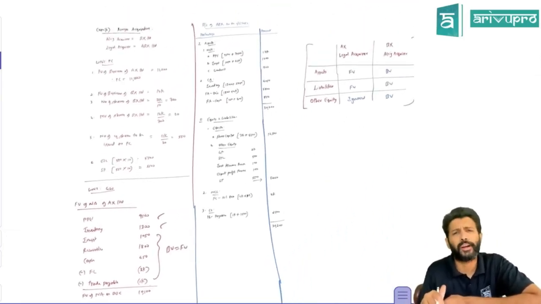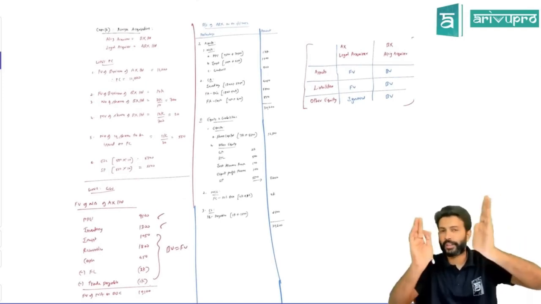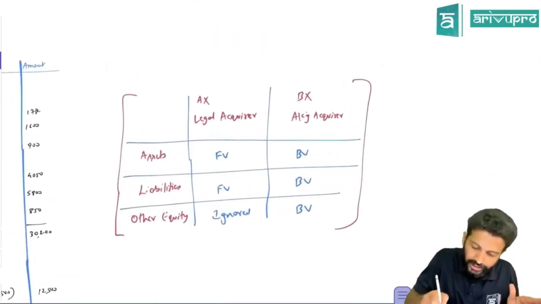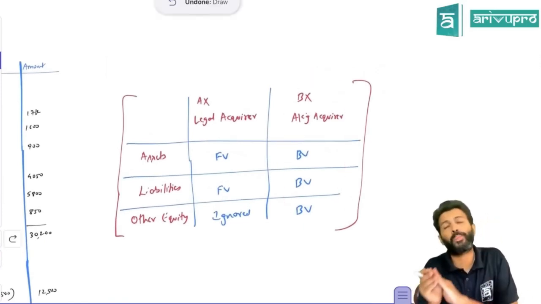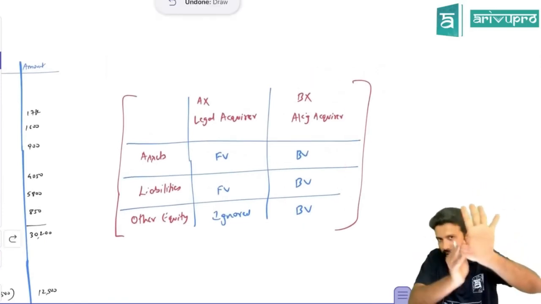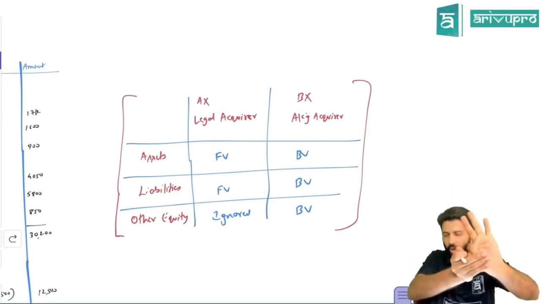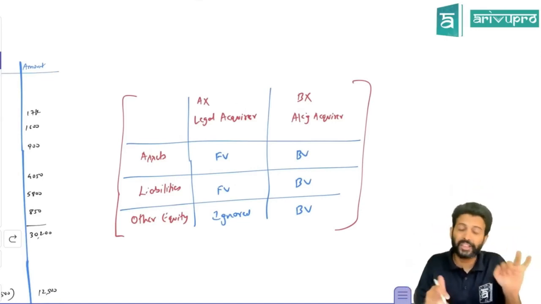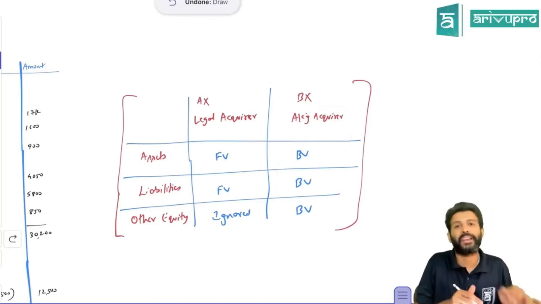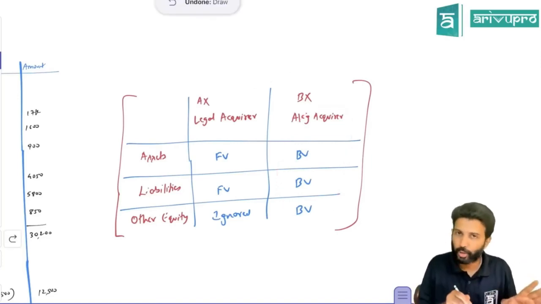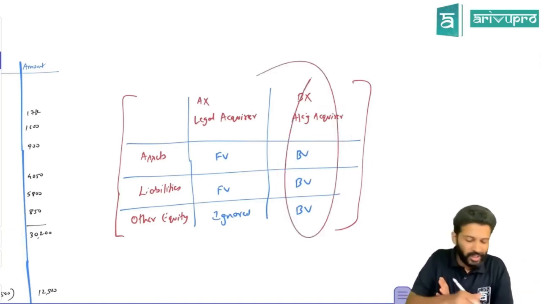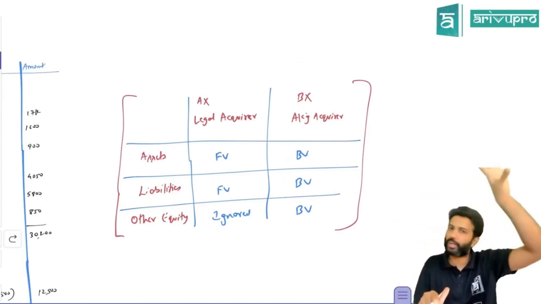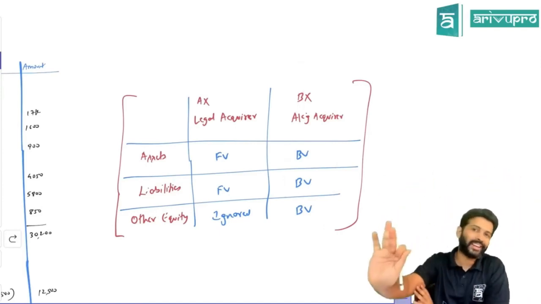How do you prepare the consolidated balance sheet? Keeping the rules in mind. It's a reverse acquisition, mind you. So who's the real acquirer? BX. So all the data of BX will come at book value. What do I mean by all the data? BX's assets, BX's liabilities, and BX's equity and other equity. All that will be reflected at book value. BX's data, nothing will change. Whatever is there in the balance sheet, copy the same thing in the consolidated balance sheet also, because they are the real acquirer. Parent's data will not change.